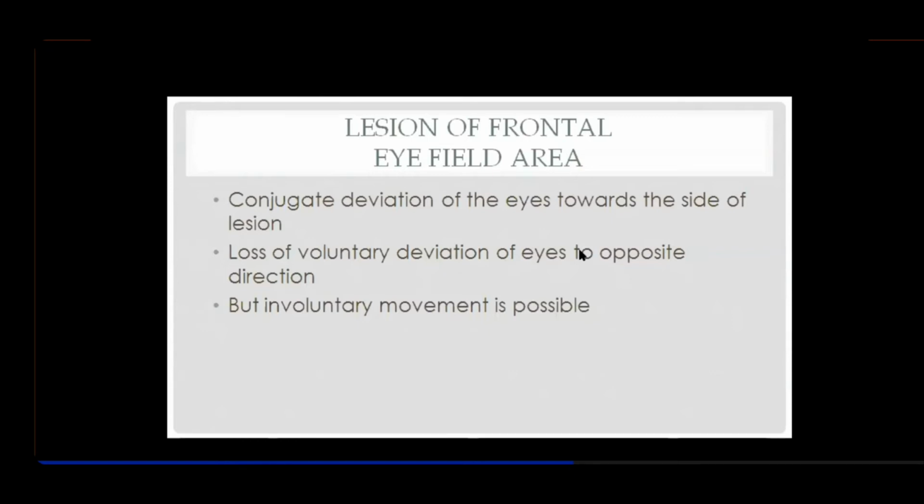And remember, this is connected to the visual eye field area or the occipital lobes. But one more thing is here, that involuntary movement, although, is possible. ये फ्रंटल मोटर एरिया है ना, अभी इनवॉलंटरी मूवमेंट्स के कनेक्शंस होते हैं एक्स्ट्रा पिरामिडल, राइट? एक्स्ट्रा पिरामिडल कनेक्शंस की वजह से इनवॉलंटरी मूवमेंट of the eyes to the opposite direction will be possible,